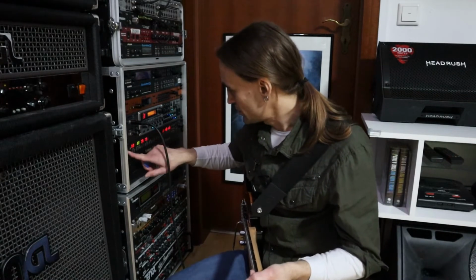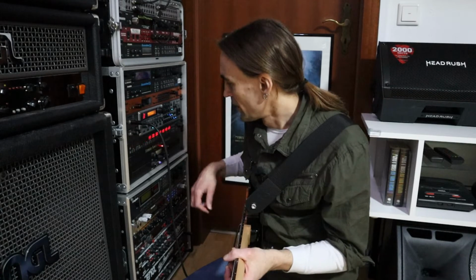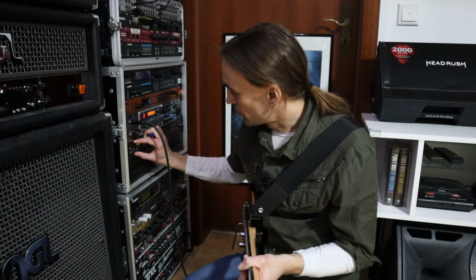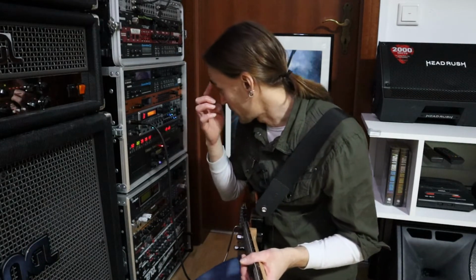I'm using the Triaxis in the effects loop of the Boss GT Pro effects unit. So it's the 4-cable method. I have a video about that if you are interested in how to connect an amp in the 4-cable method, but basically the idea behind it is that you put the preamp of the amp in the effects loop of the effects unit, and then you can place some effects in front of the preamp and some effects after the preamp. And this is my